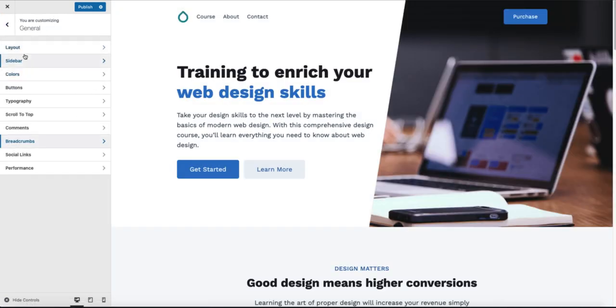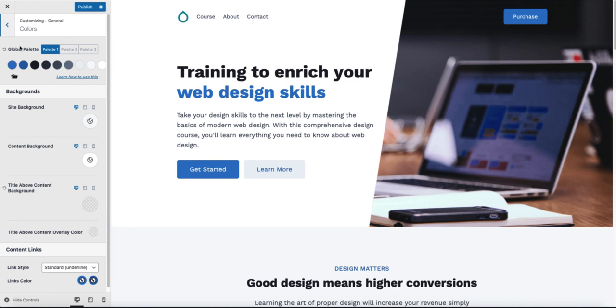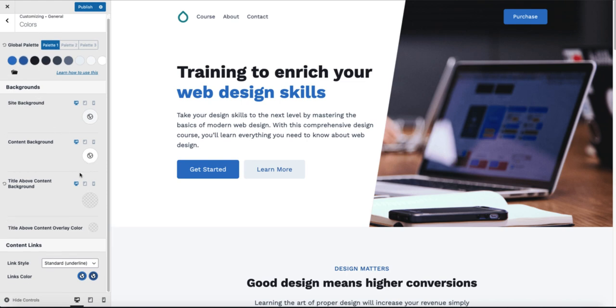Next one, colors. What the Kadence team has is you can choose between color palettes, and those colors you have here are linked to the Kadence Blocks plugin. For example, if I change this color here, it will also change it in the Kadence Blocks plugin it uses on this site, which makes changing colors and stuff much easier on this site. Okay, so we have colors, site background, content background, title above background, and some link styles, underline or no underline,